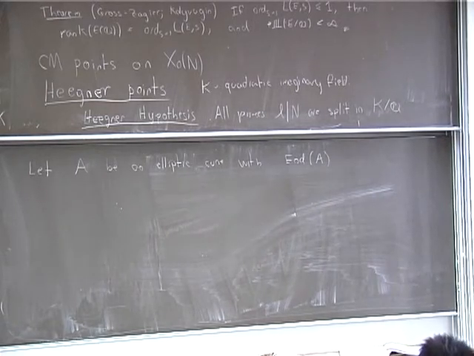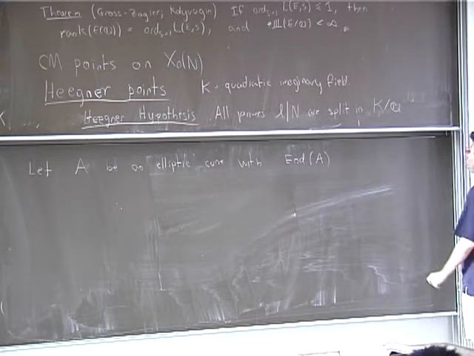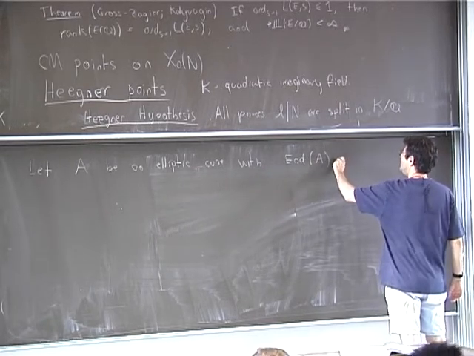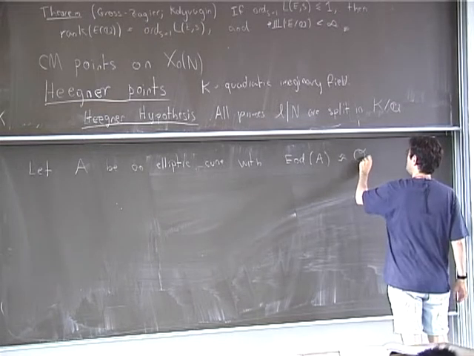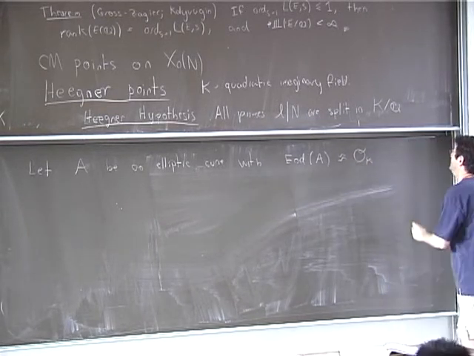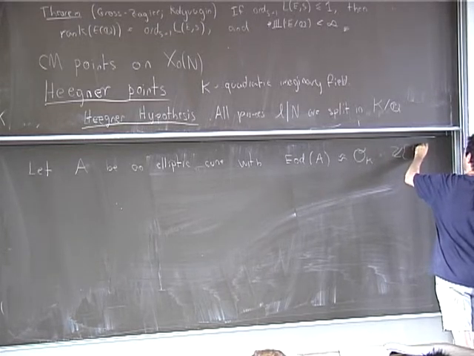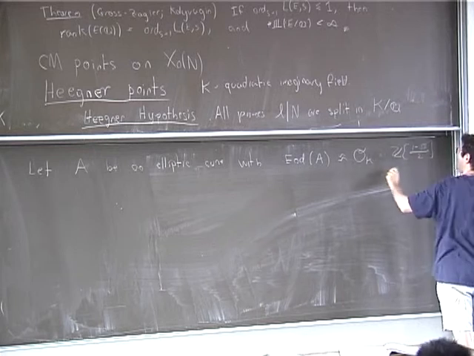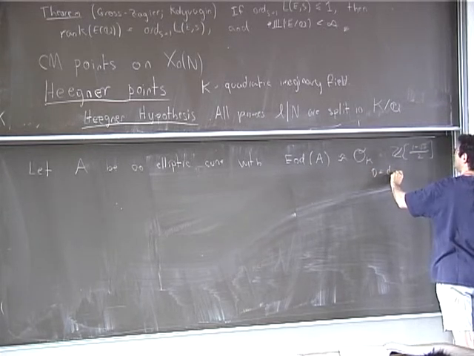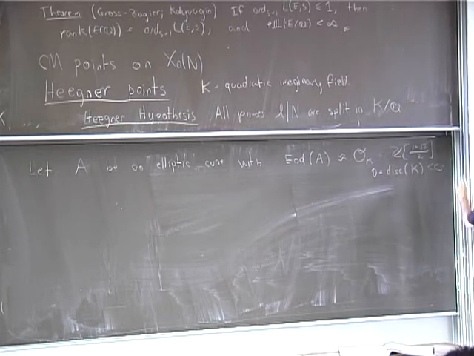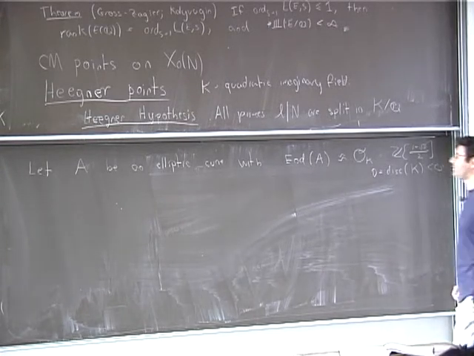So I'm interested in what the endomorphism ring of A looks like as a ring over Z. It is isomorphic to the ring of integers of K, the maximal order in K. You can write it as Z[(1+√D)/2], where D is the discriminant of this field K, so it's a negative discriminant, of course. So I give myself an elliptic curve with this endomorphism ring, and the theory of complex multiplication